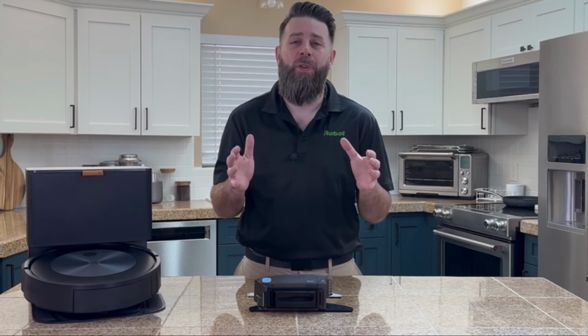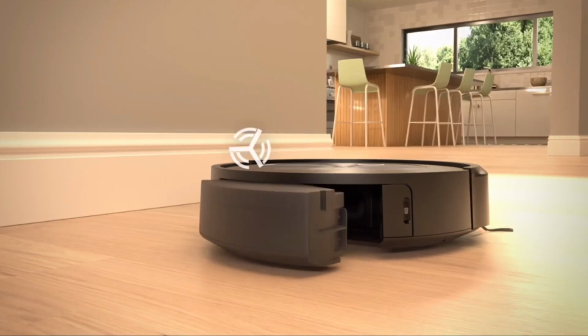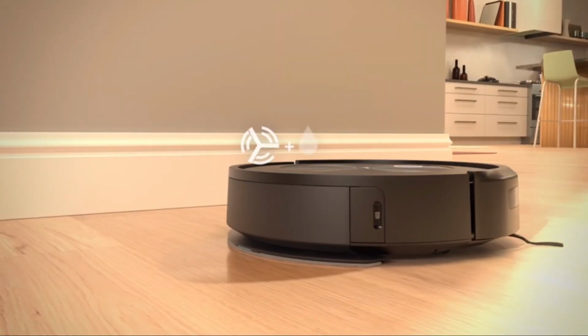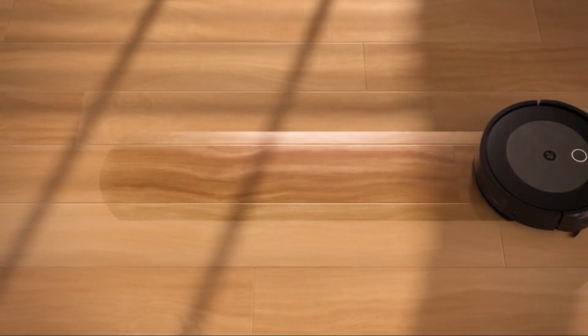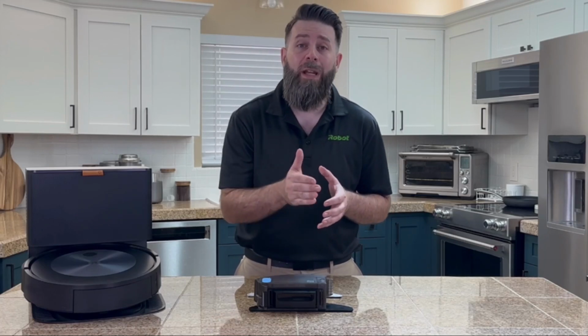So this robot comes with all the vacuuming capabilities you've come to expect from us at iRobot. Plus, with a simple swap of the bin, it's going to turn your robot vacuum into a robot vacuum and mop. Now let's quickly run through the process to get your Roomba Combo J5 Plus ready for those vacuuming and